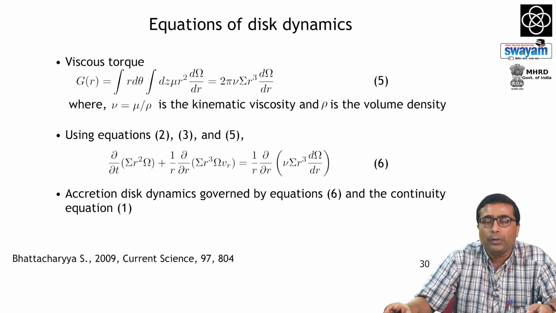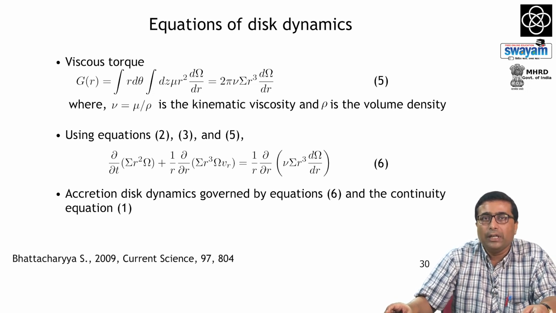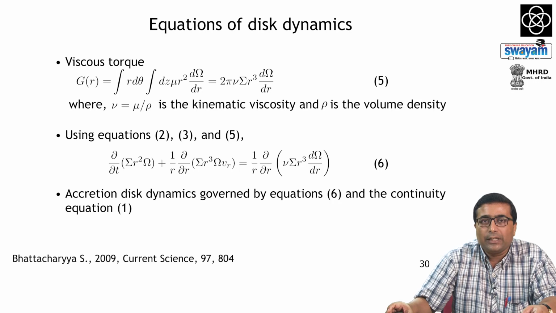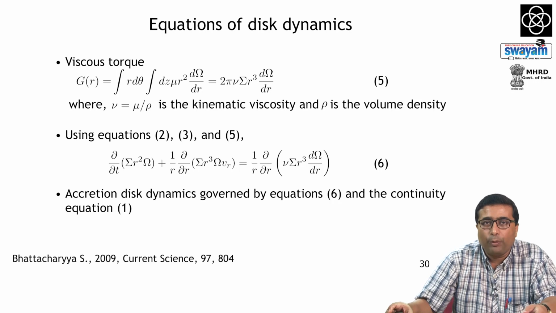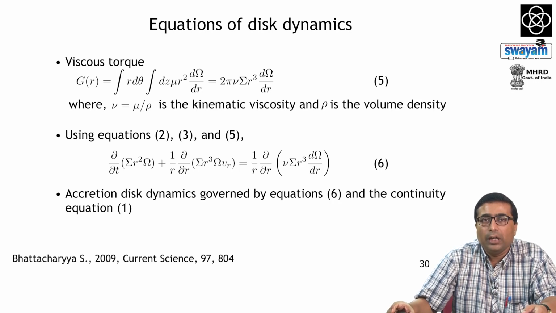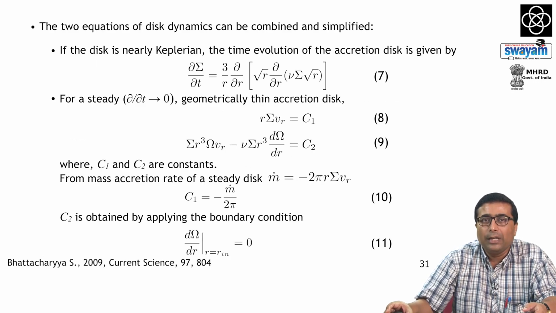Here nu equal to mu divided by rho is the kinematic viscosity and rho is the volume density. Therefore, using equations 2, 3 and 5, we get equation 6 given here, which comes from the angular momentum conservation. Therefore, equation 1, which is the mass conservation, and equation 6, which is basically the angular momentum conservation, govern the accretion disk dynamics. If the disk is nearly Keplerian, then these two equations can be combined to get the